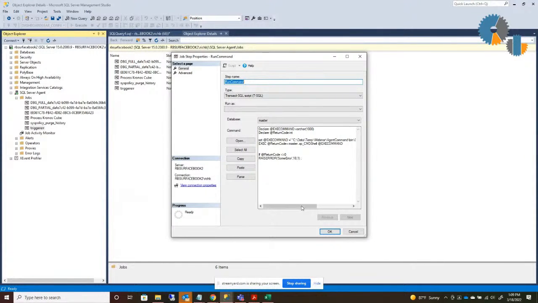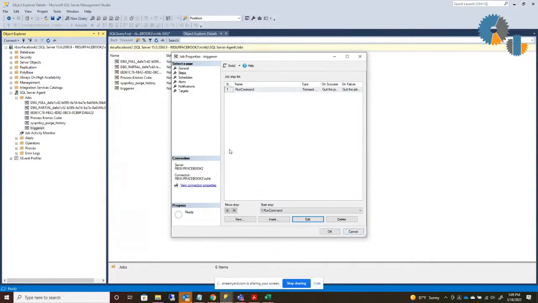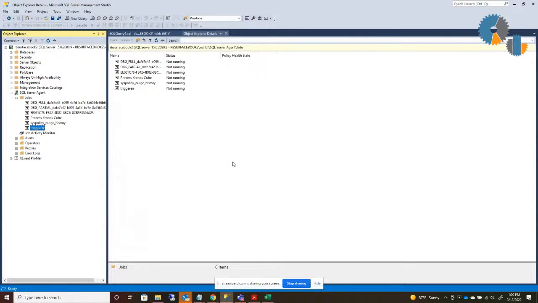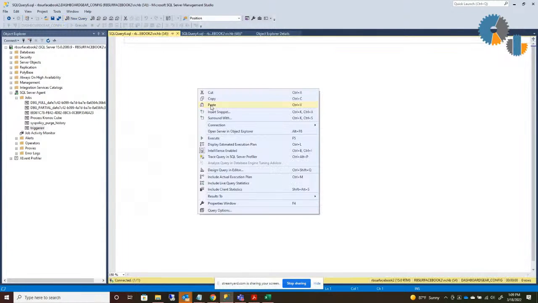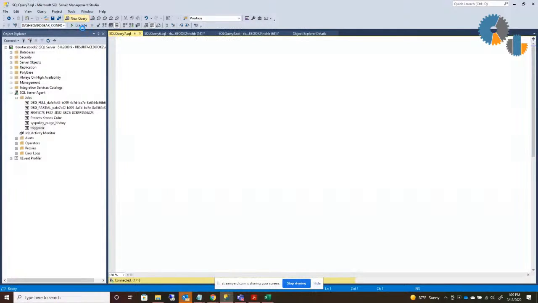The other common problem I see is permissions. Just know that the agent user needs to have permissions to whatever folder is running your command. If it doesn't, you will get an error. And SQL Agent just runs and acts like it runs, but there'll be an error, and it doesn't really give you any details about it. So to troubleshoot that, what I like to do is copy this right out of the SQL Agent command, and I go cancel here. If I go over to a query window and I run this here,